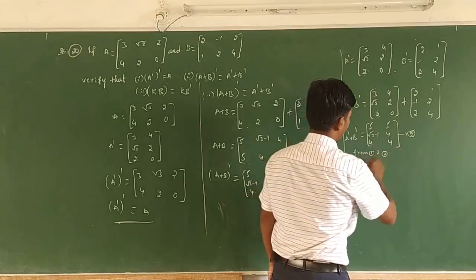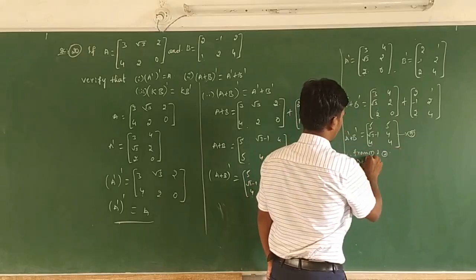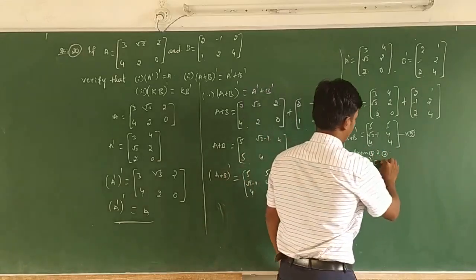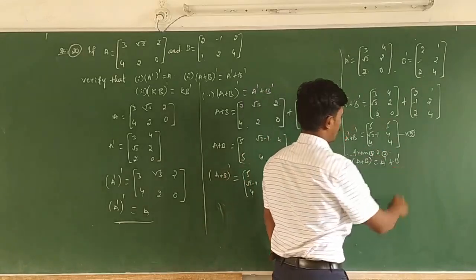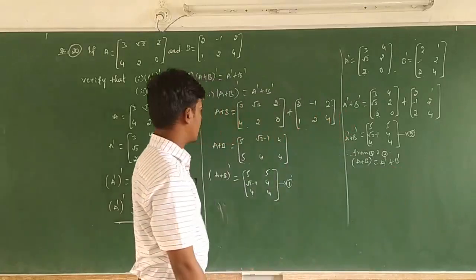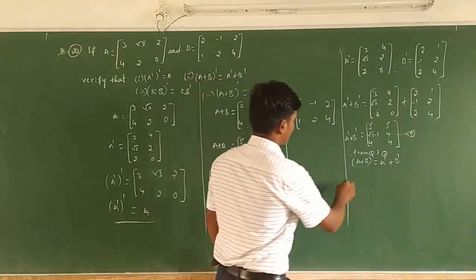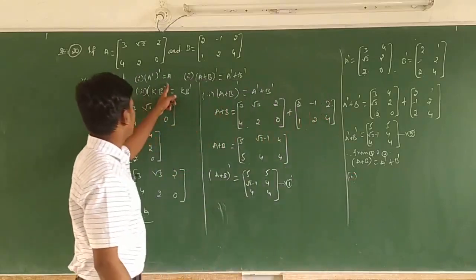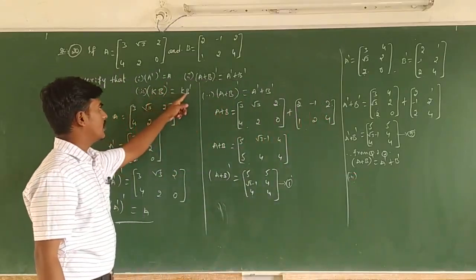From 1 and 2, what do we write? Transpose of A plus B, the addition of two matrices, is equal to A transpose plus B transpose. Next, the third one: transpose of K into B is equal to K into transpose of